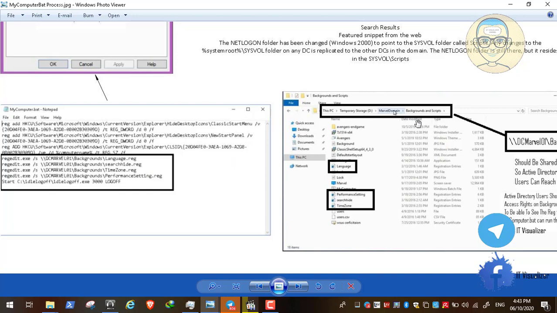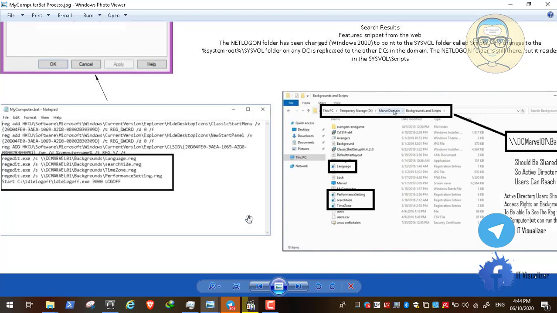So this is the other location, it's in the backgrounds folder. This is the folder that will contain the registry keys that will be applied to the user. This folder called backgrounds should be shared, and I need to give all of the Active Directory users permissions to access this folder and execute the registry keys. So we need to share this folder so the Active Directory users can apply the script, and I need to give them the permission to execute the files. So they need to have 2 permissions. The users should have read and execute permissions,